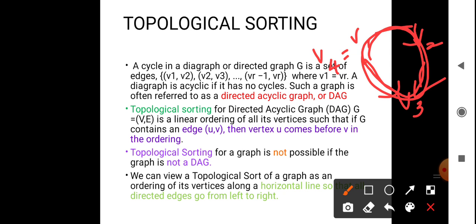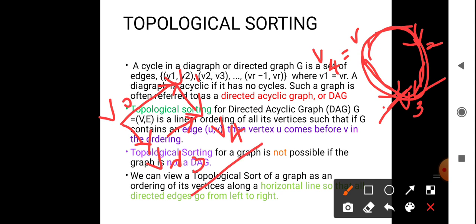But what is a directed acyclic graph? That means the digraph is acyclic, it has no cycle. Such a graph, with vertices V1, V2, V3, V4, has no cycle, and this type of graph is known as an acyclic graph.